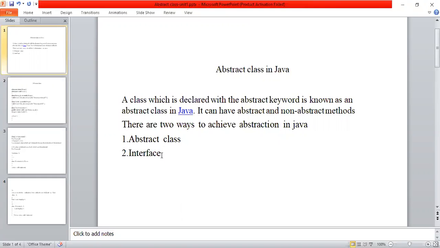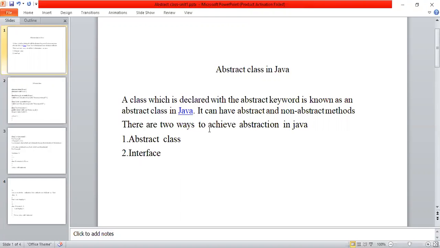But coming to interface, interface contains purely abstract methods only. So what is an abstract method? An abstract method is nothing but a method without a body. That body is implemented in a different class with a different body.